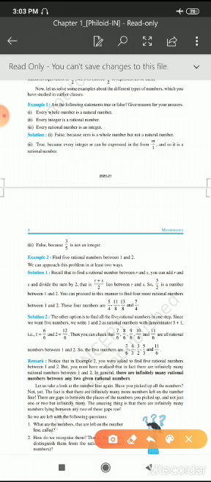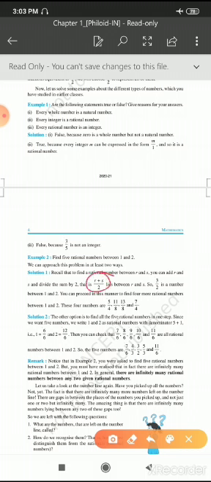So, in between any two rational numbers, we can get many rational numbers. Infinite number of rational numbers will be there in between any two rational numbers. So, by using this, we can say that there exist infinite number of rational numbers in between any two rational numbers. The formula to find rational numbers between any two rational numbers is (R plus S) by 2. By using this (R plus S) by 2, we can find only a small number of rational numbers.